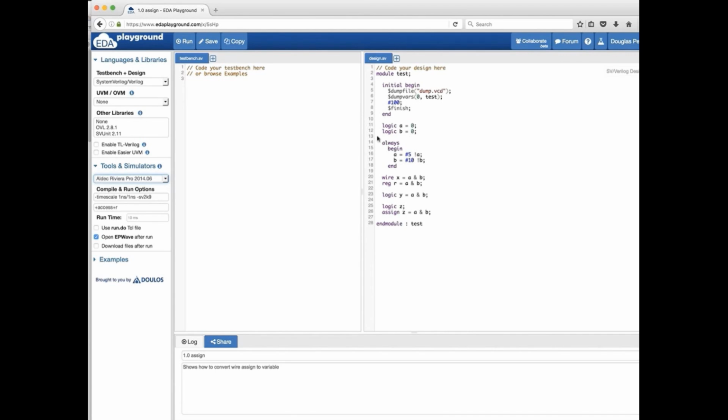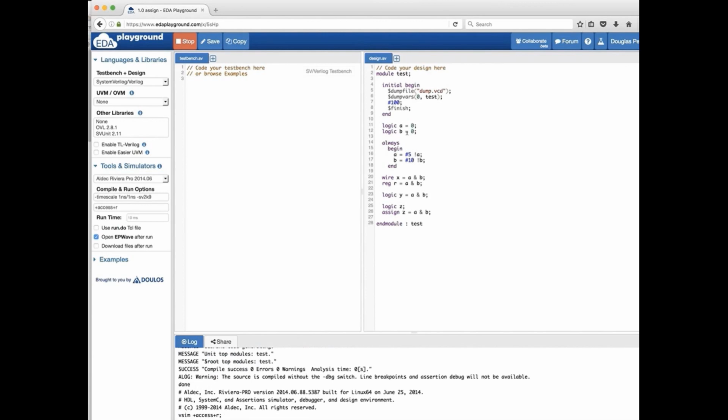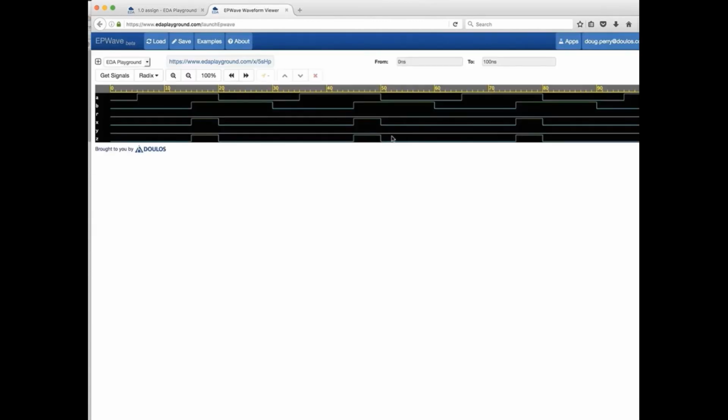Okay, so once I get my code specified here, you can see I've got, again, the always block that does the A and the B assignment, but I also have this initial block so that I can dump out a VCD file, and this is the style of how you create it. Anyway, I'm going to dump the VCD file out so we can actually see the waveform display. So if I go ahead and run this, it'll compile, run the simulator, and then it'll bring up the waveform display. And so now we can see that A is changing